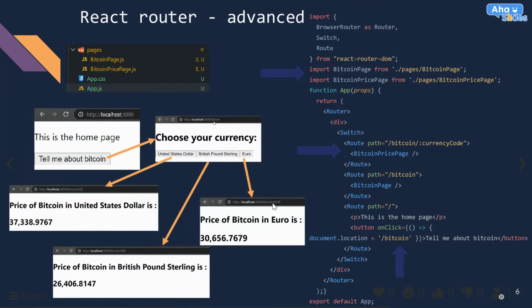I'm not sure how readable this is, but the idea would be that here, I want to show 3 buttons, and these 3 buttons will be dynamically created. Each of them will route me to another sub page, /euro, /USD, or /GBP. And when I go on that page, I will see the live price of Bitcoin in that currency based on that path.